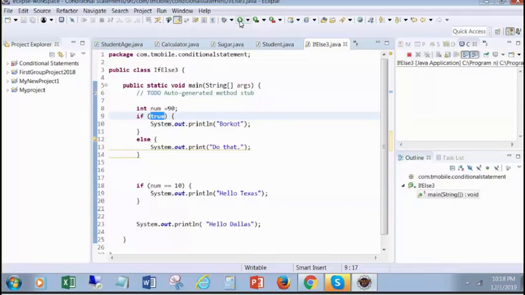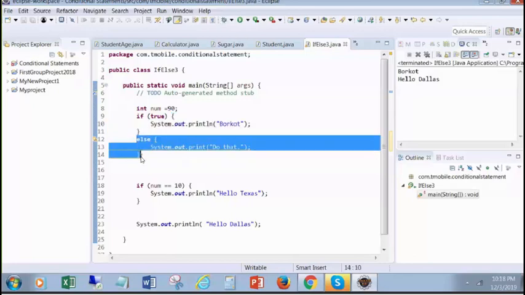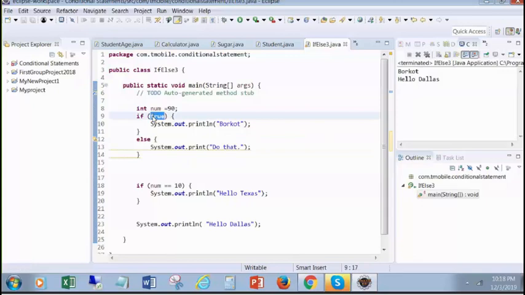Where is the output? So as we can see, this particular if block is giving us the output, but it did not execute the else block as usual. So if the condition is false, then